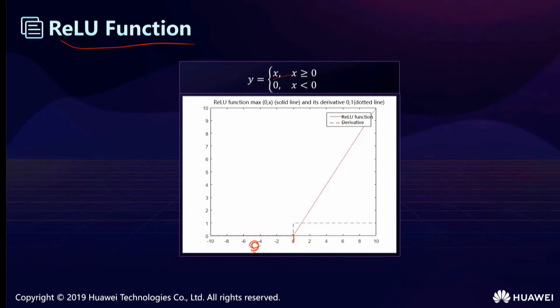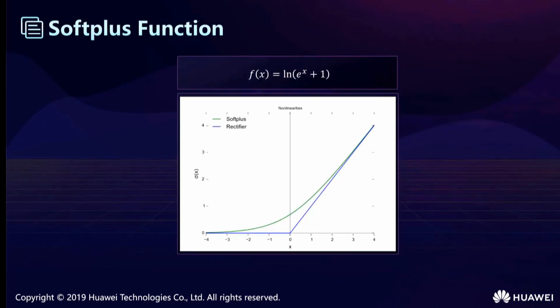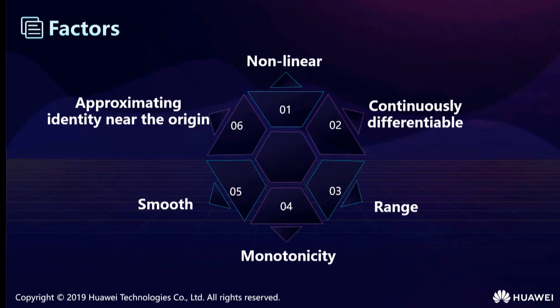For its disadvantages, there's no upper bound, and training is relatively easy to diverge. Also, it's not differentiable at 0 and the derivative must be forcibly defined, and it's not smooth enough in some regression problems. Compared with the ReLU function, this function has more complex computation. However, it has a continuous derivative and defines a smooth curved surface.